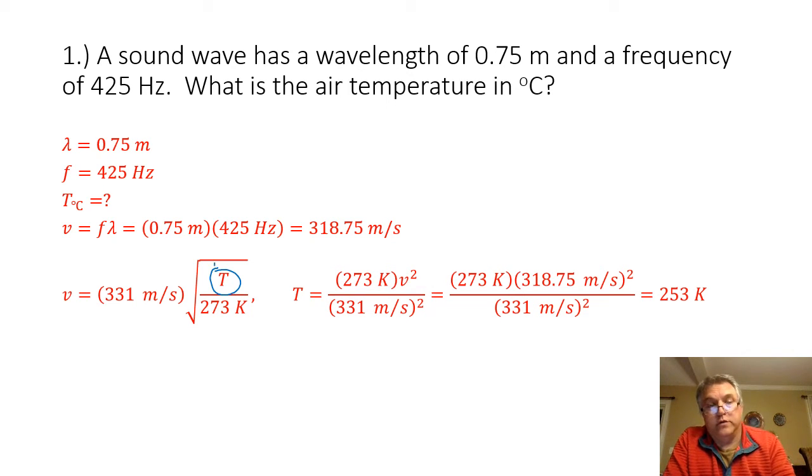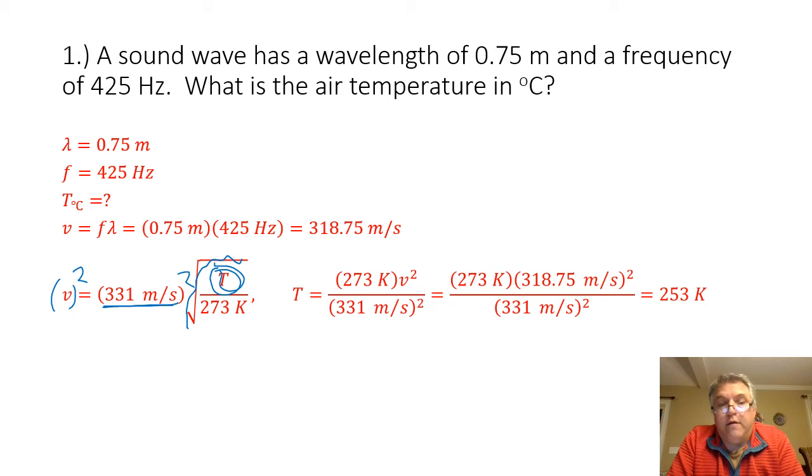Again, in order to solve for the temperature, I have to square everything because it's inside the radical. So I have to square the velocity. I have to square this temperature, which remember this 331 meters per second is the speed of sound waves at 0 degrees Celsius. And then my radical simply goes away. So when I do all of that out, I am going to have a temperature of